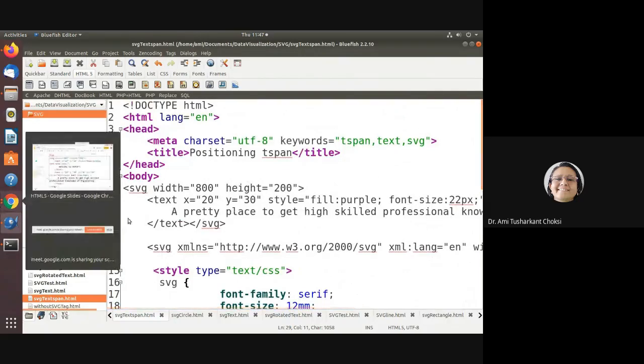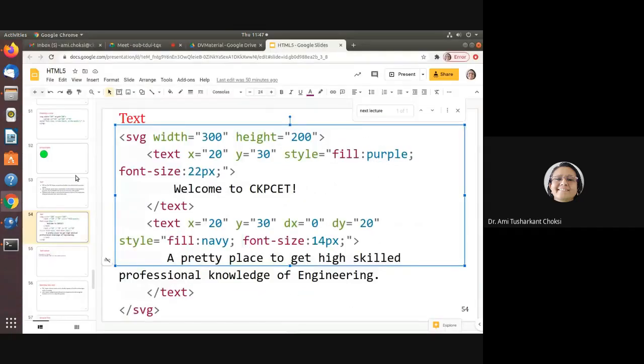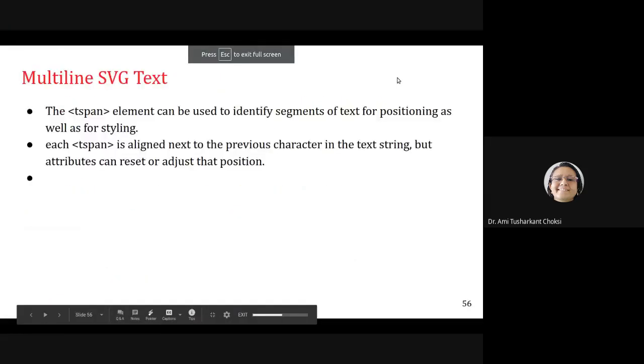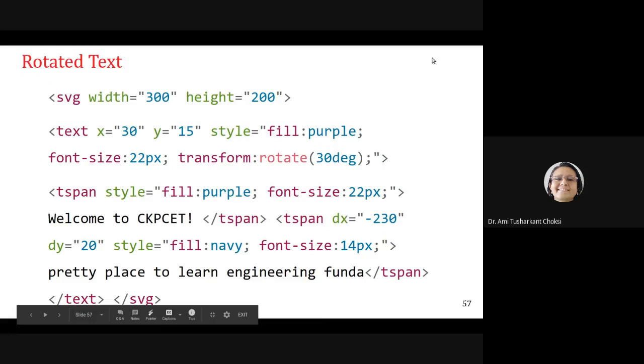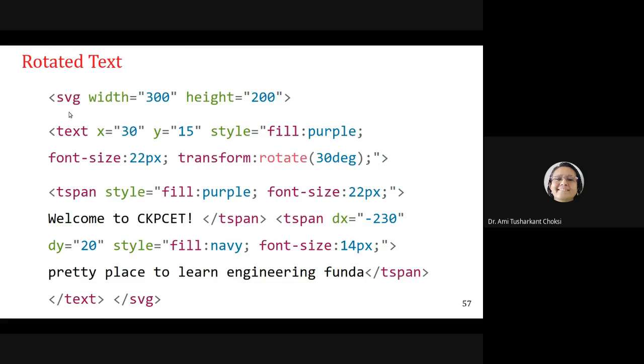Now next, what we want to know is the rotated text. For that, we write SVG width 300, 200, text x is equal to 30, y is equal to 30, and we specify style. In style, we specify fill whatever color you want, font size whatever you want, and transform rotate 30 degrees.